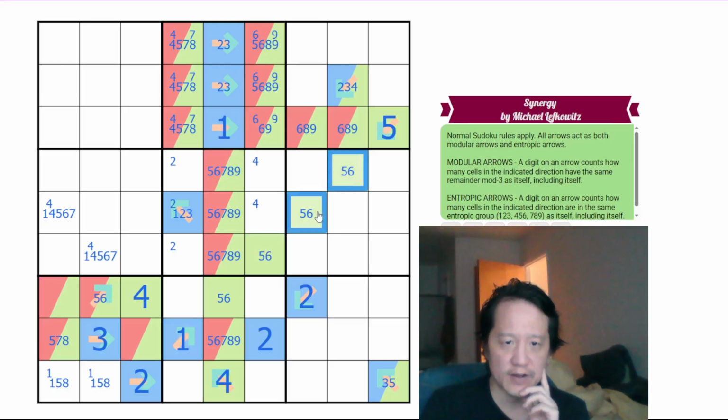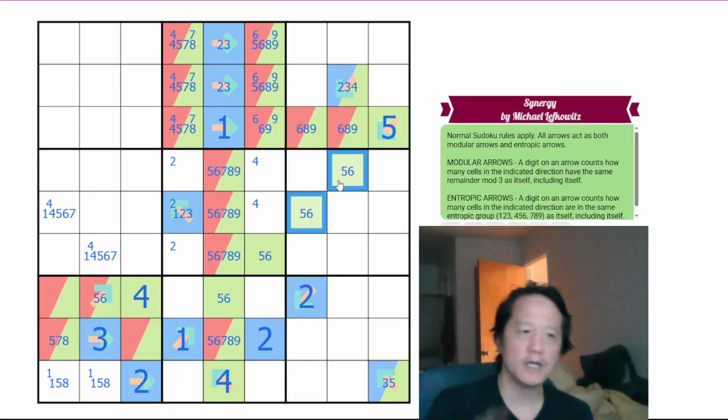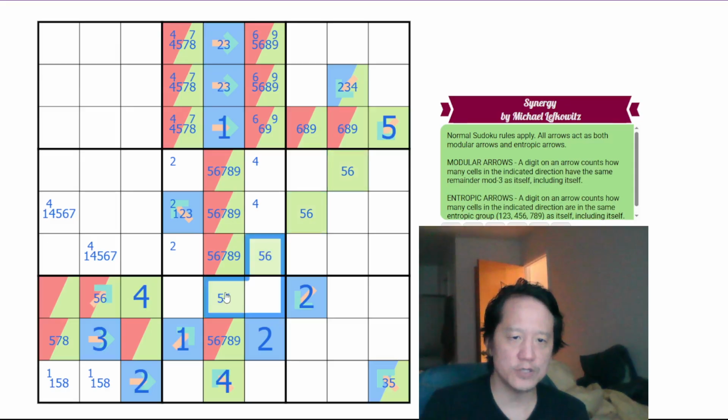So we have a 5, 6 pair here. That means one of these. So this points at one of these satisfies both, and the other one only satisfies the same entropic set. So that means we have 1, 2. So these are all mid to satisfy the